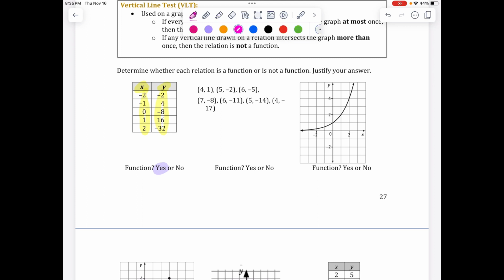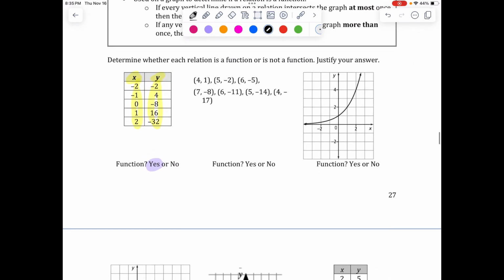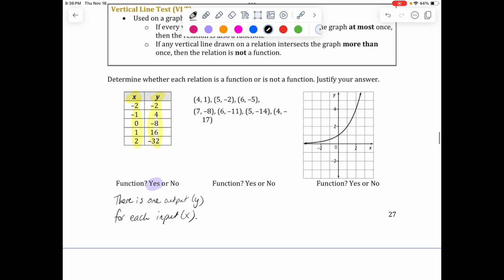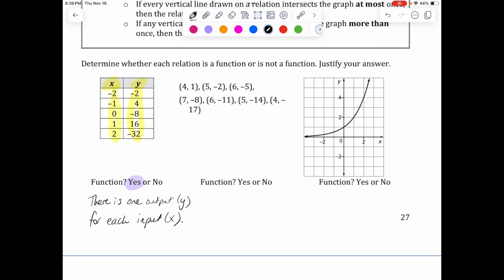And I would say, if we wanted to justify, we would say there is 1 output, which is our y value, for each input. Okay, so far we have nothing to say otherwise. But if we look at the next question,